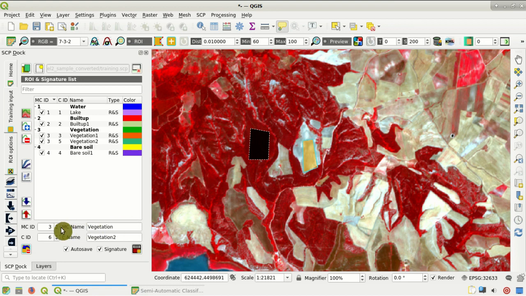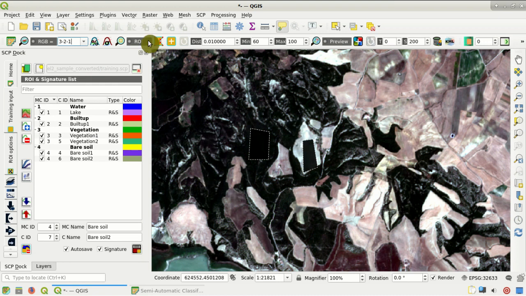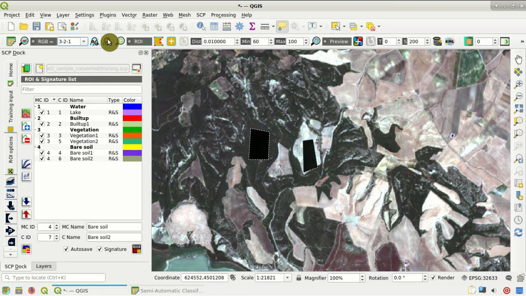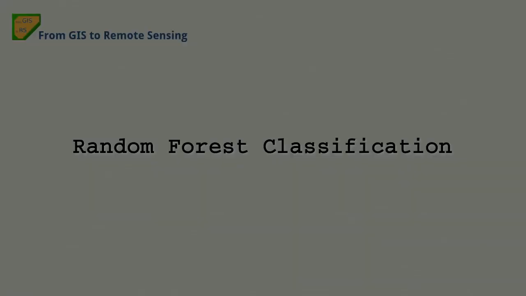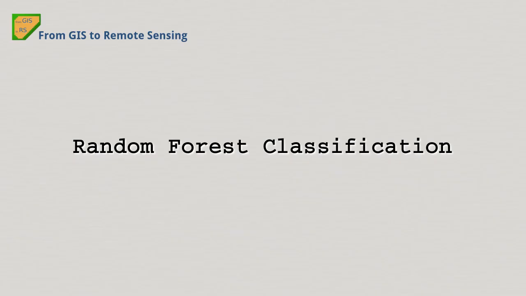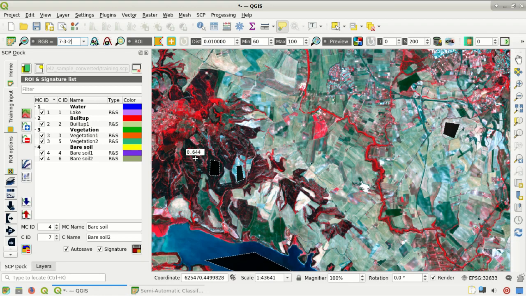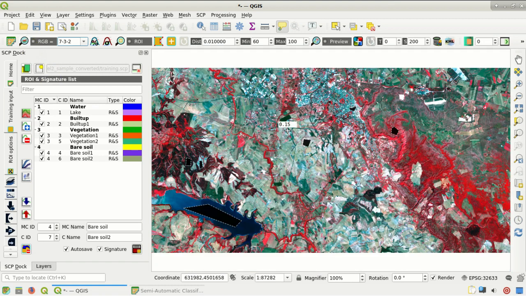We should analyze the classification result and add or remove a region of interest. Of course, we should create other polygons, and we can use the RGB color composite tool here to visualize the image, the color composite, and use this button to stretch the images. So after the creation of several ROI polygons here, as you can see in the whole image,